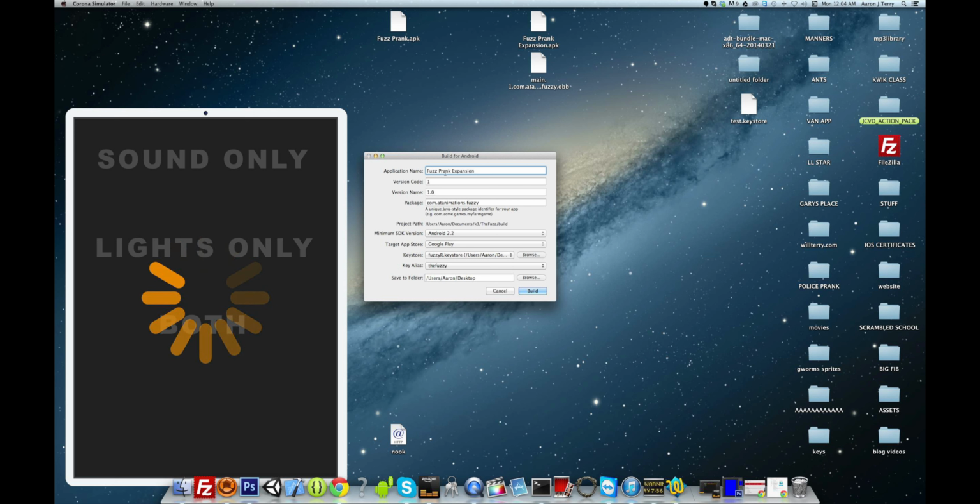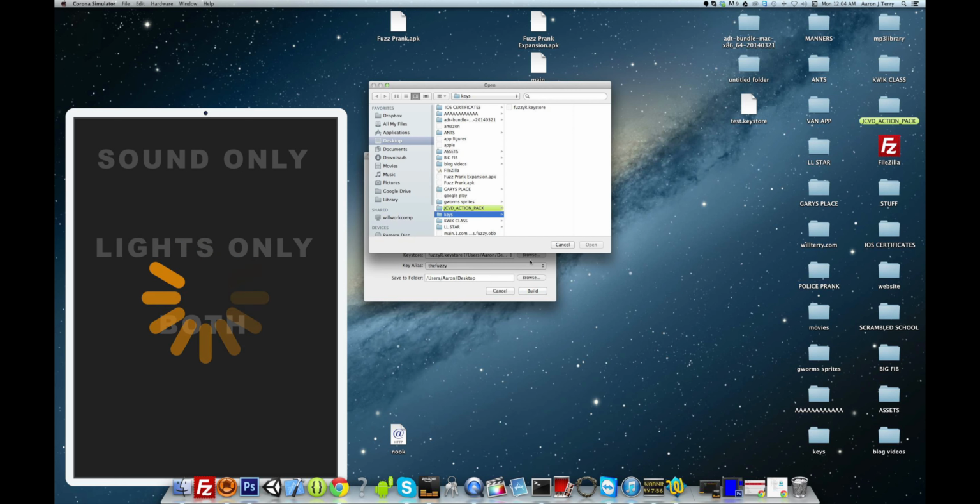If you set this name to FuzzPrank expansion and then you publish it to the store with that, no matter what you set the name in the store, when someone downloads it, it'll say FuzzPrank expansion on their device. So the application name right here has to be what you want to call the app. So make sure everything else is set, and then key store, you'll come to browse, and then it's on the